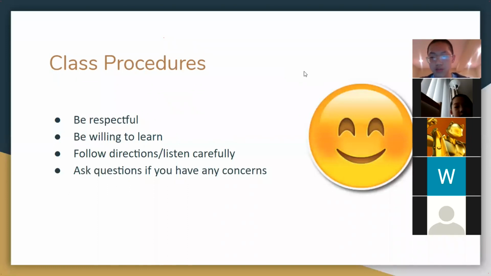The main focus of this class is to teach you guys the basics of Java and object-oriented programming. In order to do that, I want to make sure that you guys are willing to learn and that you actually want to learn this stuff. For those of you that are entering now, you are entering a bit late. It is better if you come on time next time. Okay, so